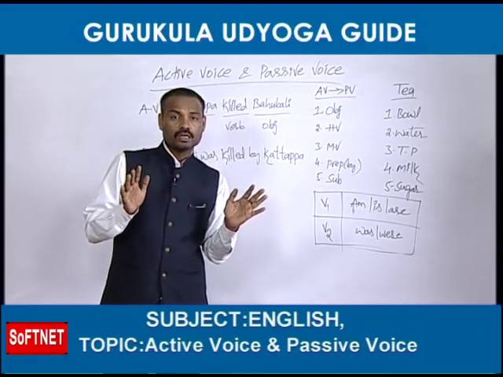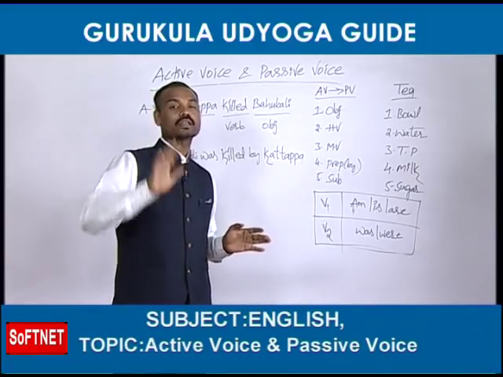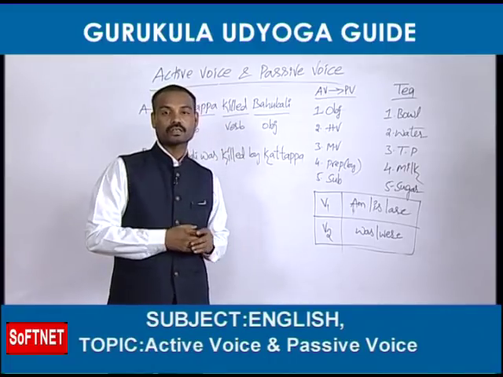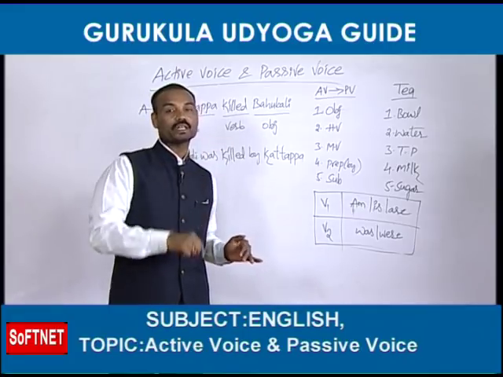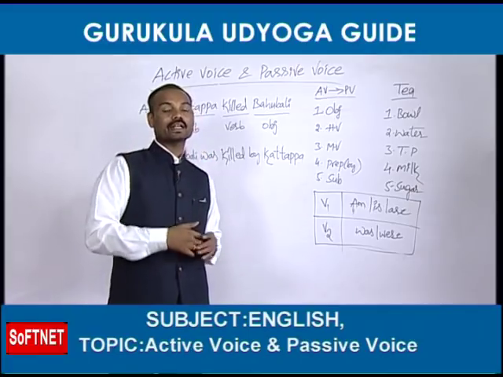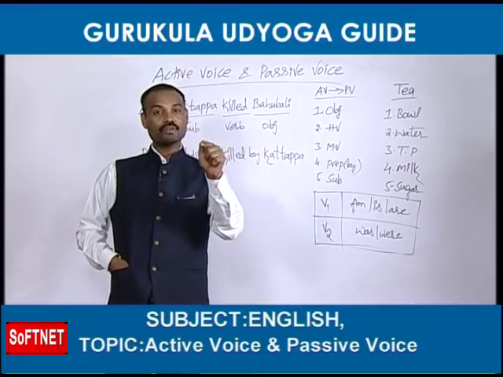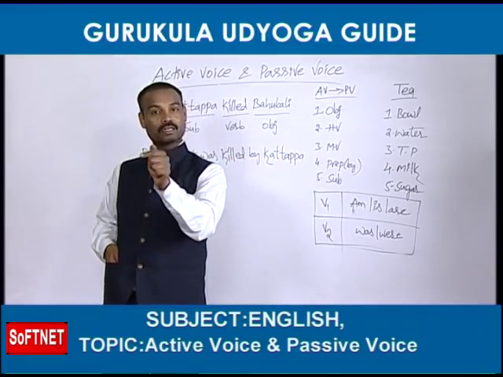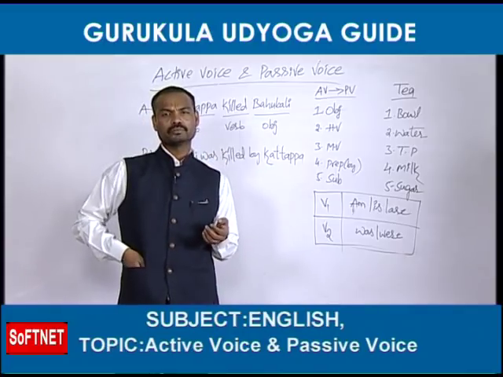Santosh has written an article. Okay. While we are learning tenses, it is present perfect tense. While we are learning active voice, passive voice, it is called an active voice. Santosh has written an article. The passive of this active is an article has been written by Santosh. Let us take one more example.